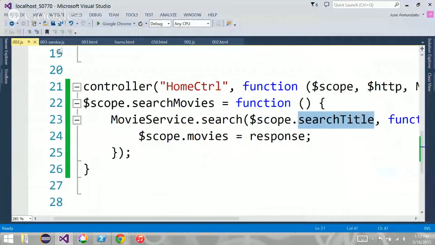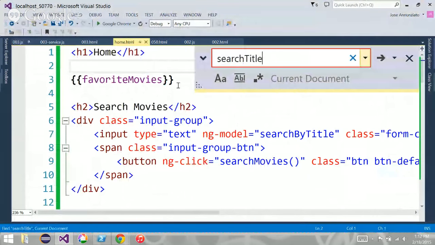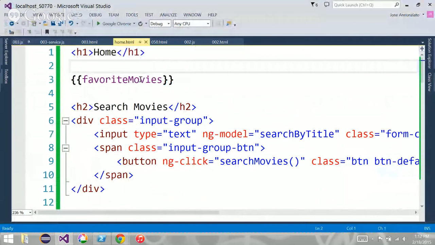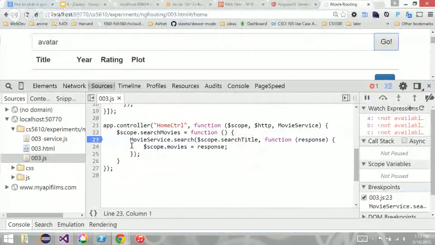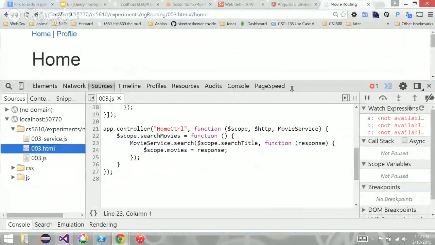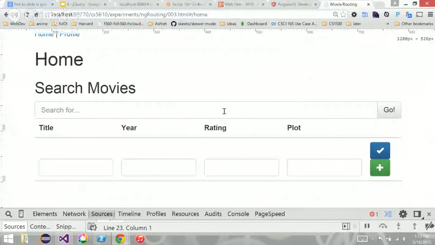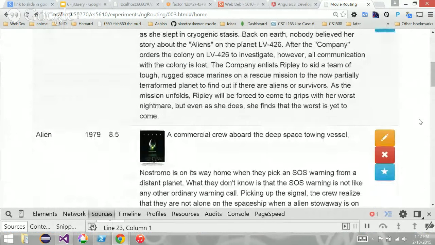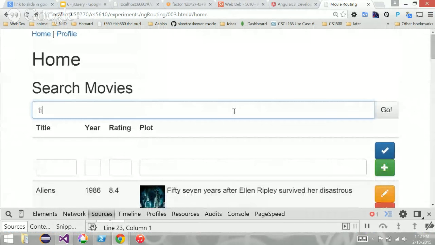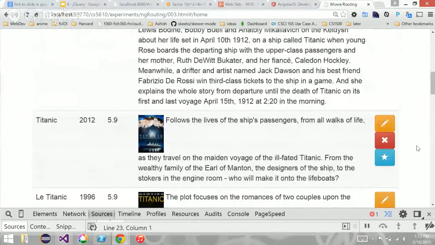Oh, search by title. Ugh, I hate computers. They take everything so literally. Okay, let's try that again. So we have alien. All right, that looks better. Aliens. Okay, so let's say search Titanic. All right, that looks better.